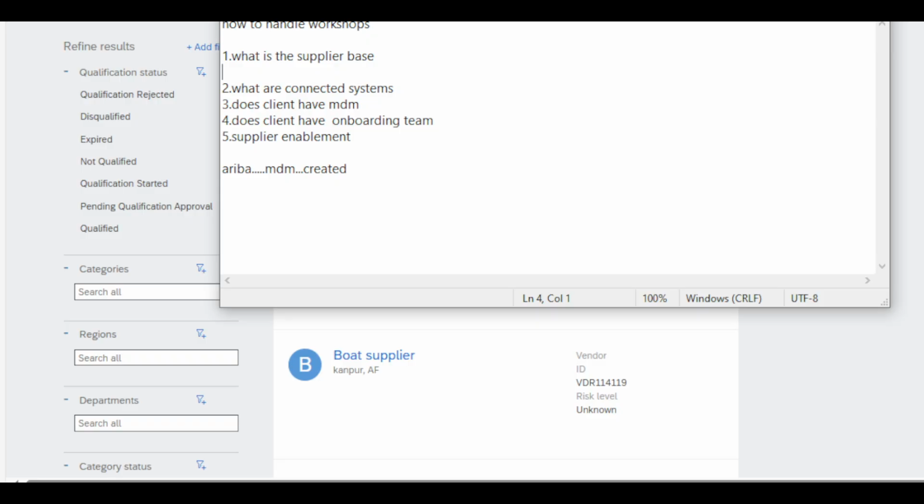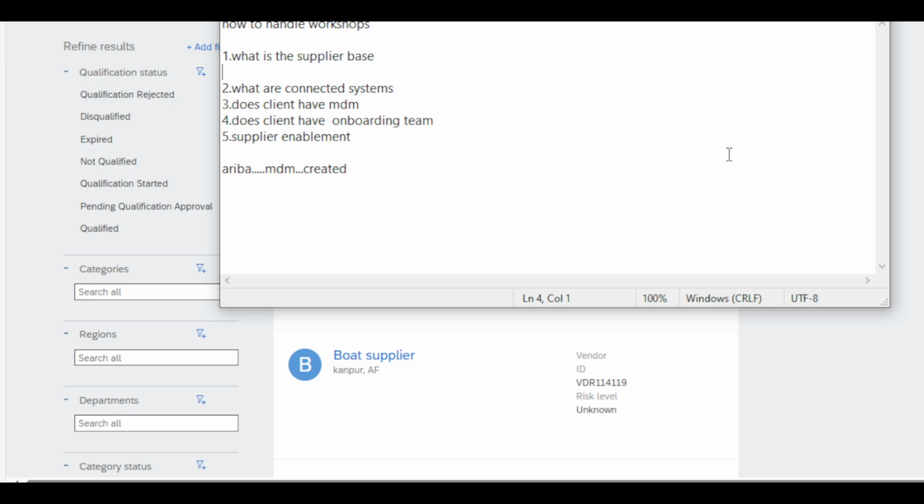Why is it important? For example, if most of the suppliers are from Switzerland, then the time zone would be Zurich, Europe. And then the time zone of the RFP would also be Europe. And then when you load the supplier contacts data, the time zone of the supplier contact should be Zurich. This is one example. So in simplistic terms, it is very important for you to understand which country the supplier is based in, and